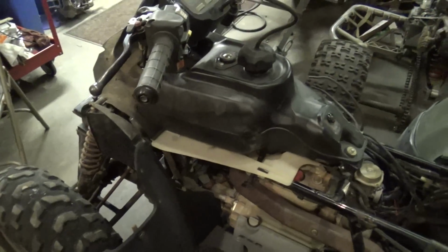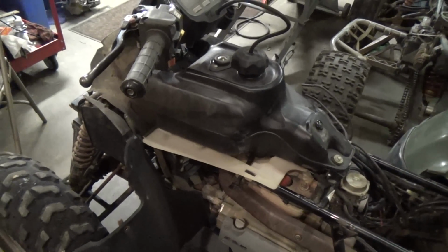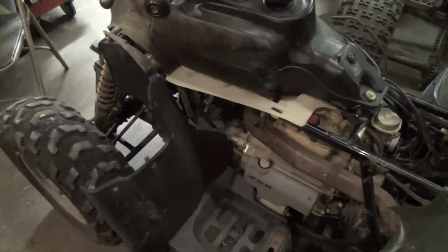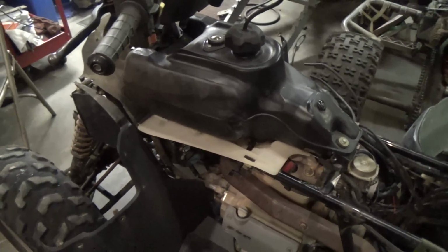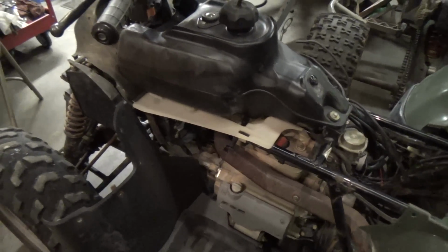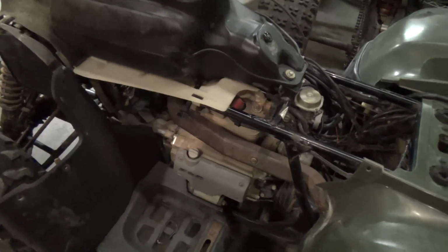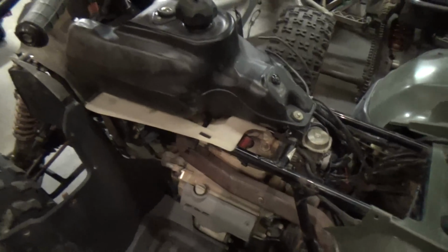So if you are searching, trying to figure out your problems for your Rancher and it's not shifting, you can go down the checklist, checking all the voltage and the resistance and all that stuff. The parts that I've replaced, and pretty much all the parts that go along with the shifting for the electric shift, that doesn't include the interior motor parts, the gears or the actual clutch plates or anything, but you've got